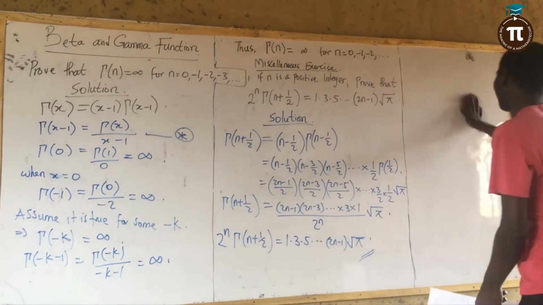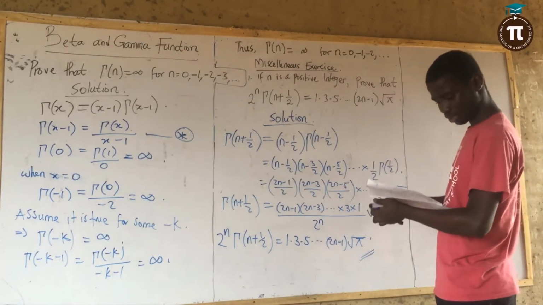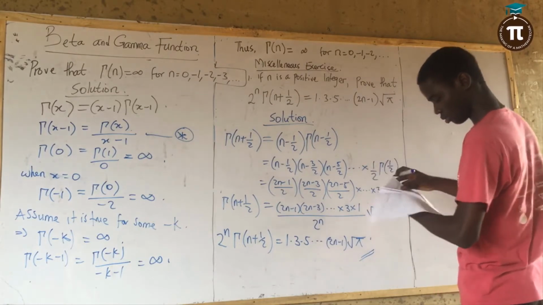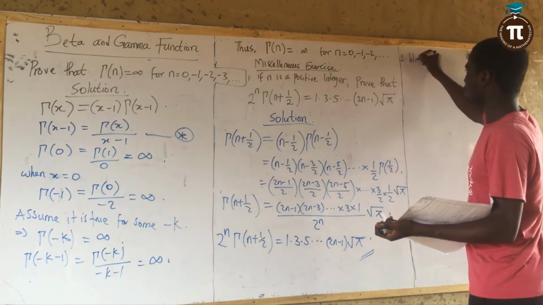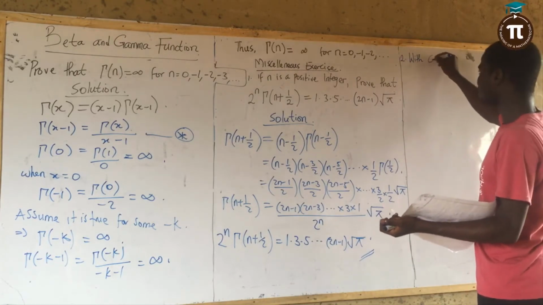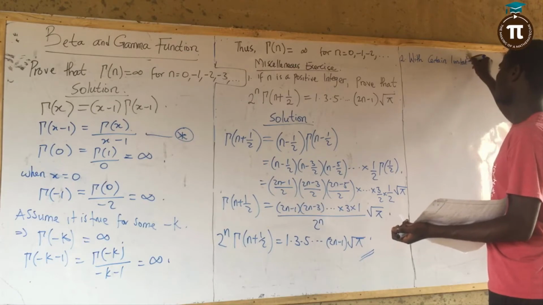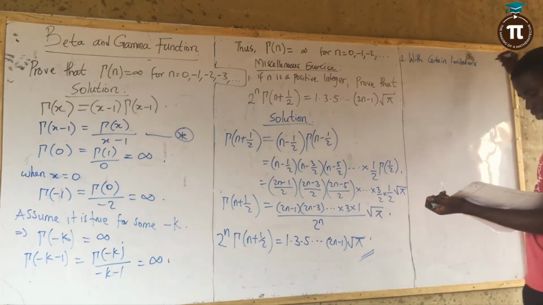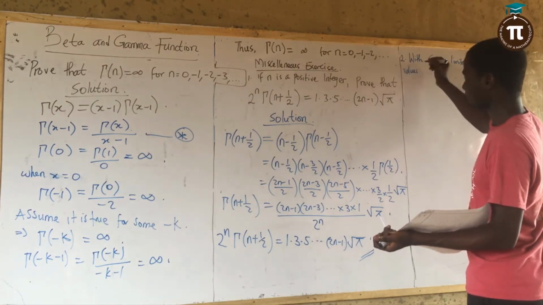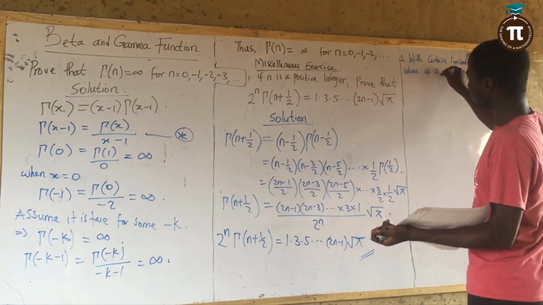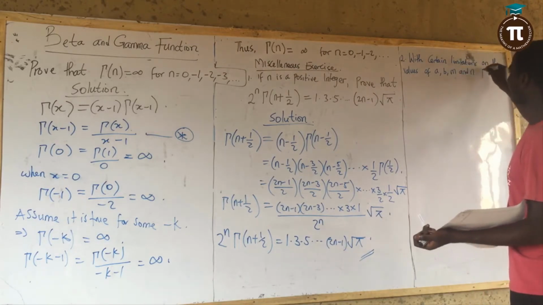Coming to the second one, let me write the second question on the board. The second one is saying that, with certain limitations on the values of A, B, M, and N. Prove that